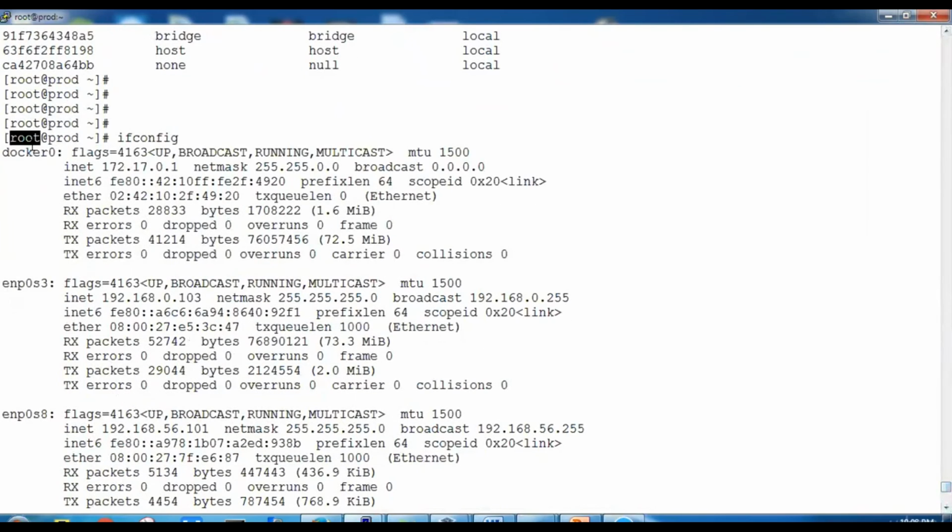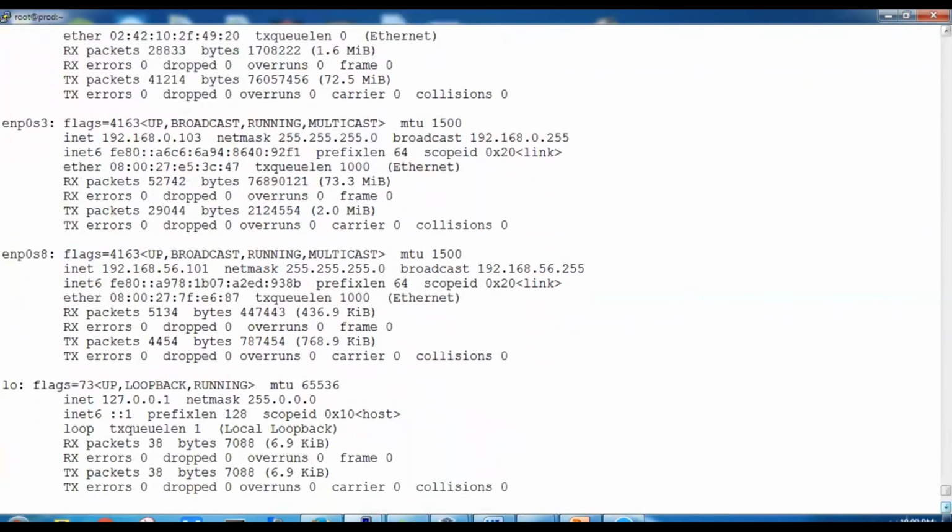The first one is docker0, which is a bridge, and it has the default IP 172.17.0.1. All right. So this is the bridge IP, and it uses the subnet mask of 255.255.255.0, whereas we have other interfaces present below that. These interfaces, enp0s3 and enp0s8, are my virtual NICs on the Docker host, and apart from that we have a few more NICs here. lo is a virtual one; most systems will have lo by default.